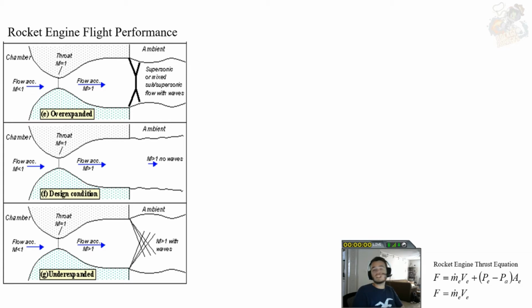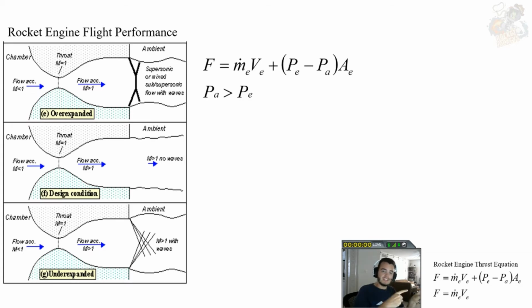So we're overexpanding our gases. And you can see that here with that thrust equation, right? We have that thrust equation, same one on the top, and in this case, we have our ambient pressure being larger than our exit pressure. So that's not good. We're experiencing reduced thrust and ISP at sea level for a lot of